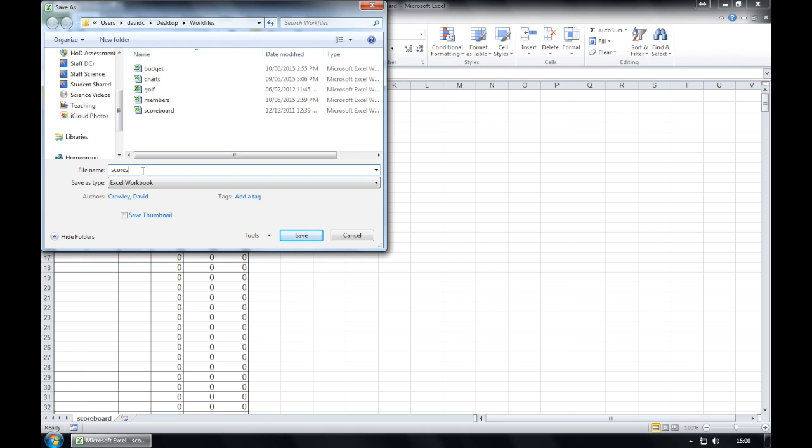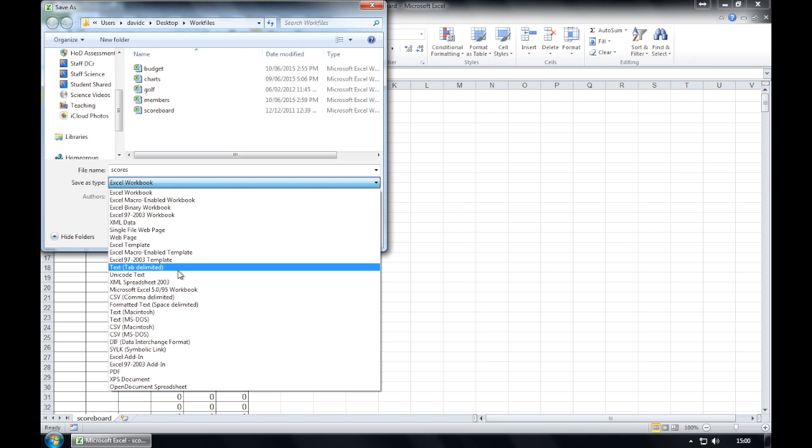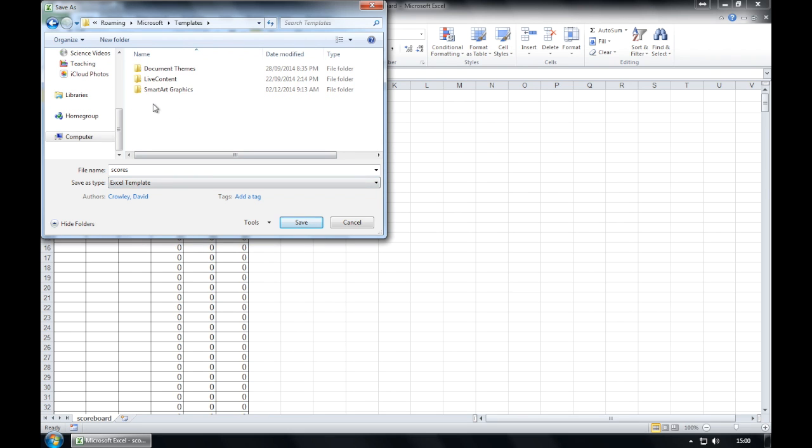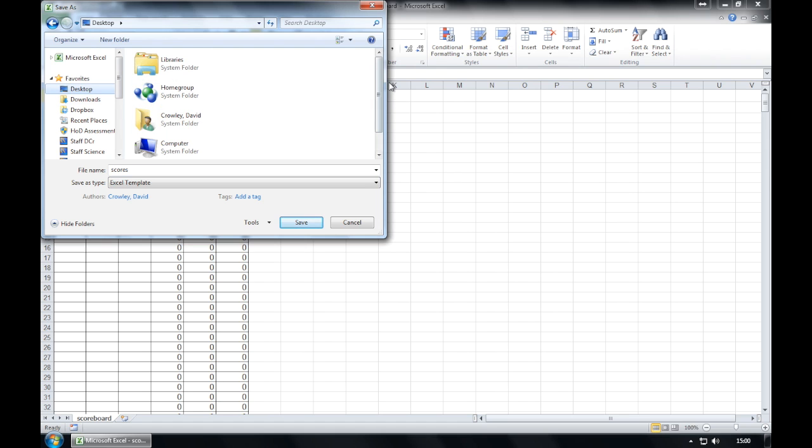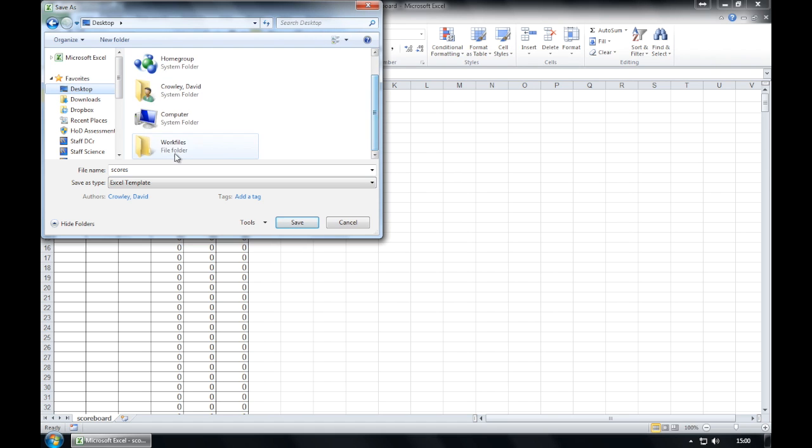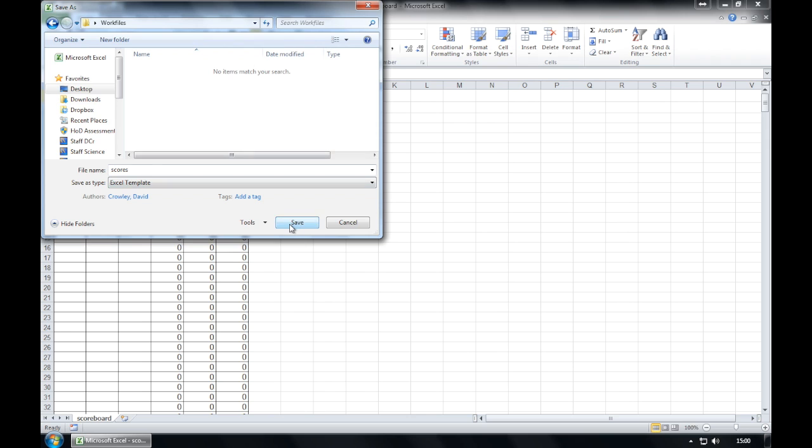And we're going to save that specifically as an Excel template, and we're going to make sure that we are saving that in our Learner Drive, as it will change the default location. So we're just going to make sure that we go back to where our work files are and save that.